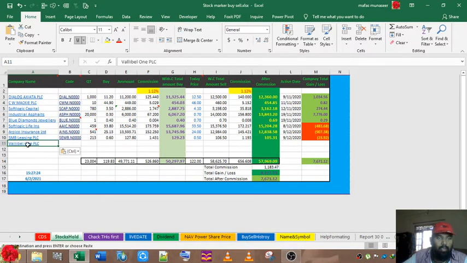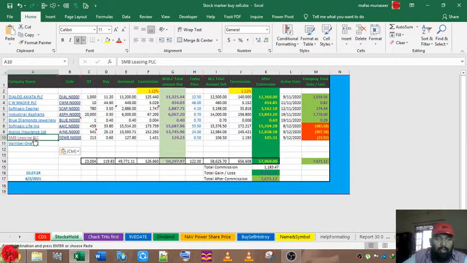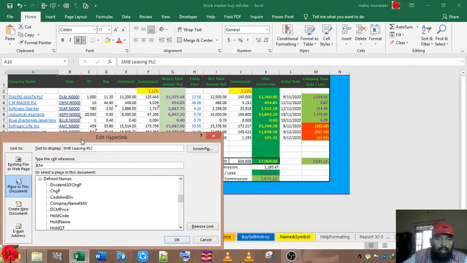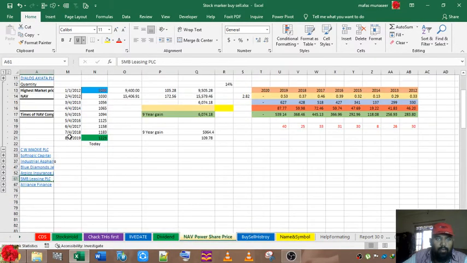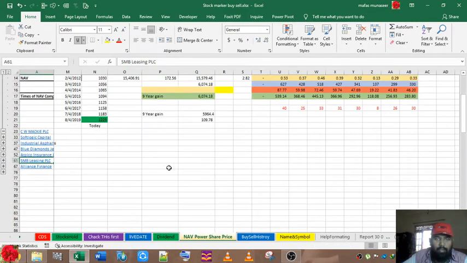Normally like that, it will link to the stock market dividend chart. Now this will link to the dividend chart. I think I manually link each link. Yeah, I already linked them manually. So everything in this one is an automatic hyperlink part. Just so I explain this one, I come to this sheet.